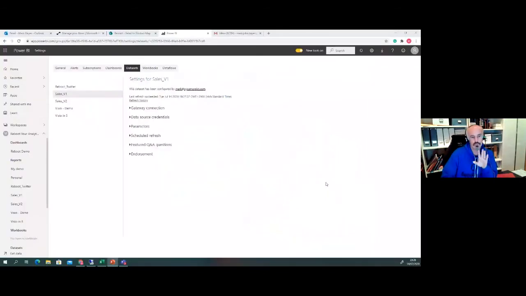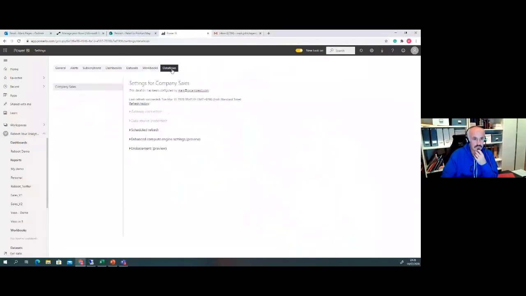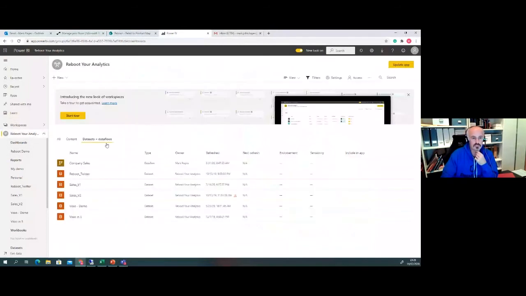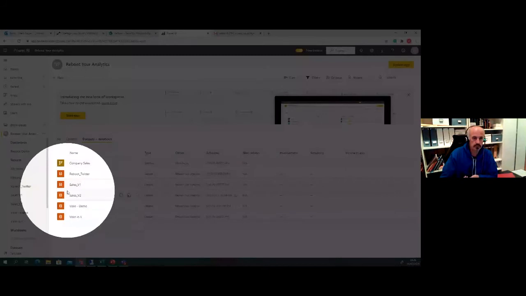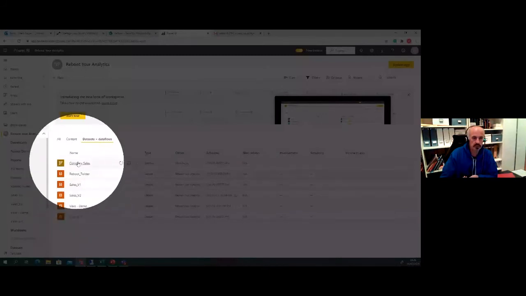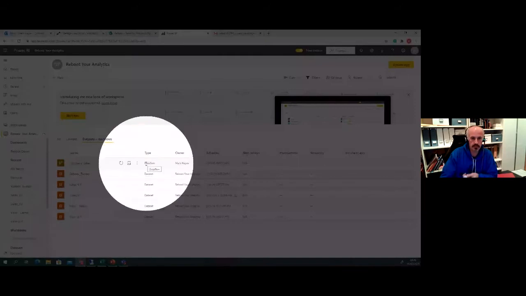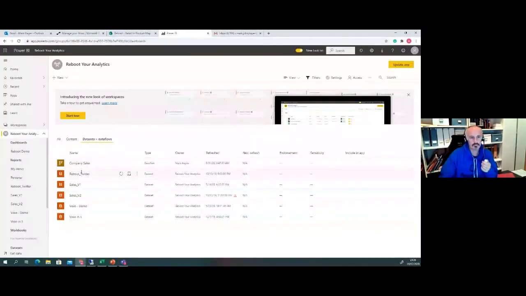I'm going to start with the data flows. If I'm inside my workspace here again, we've seen the sales one, but I'm going to flick onto my workspace, go into data sets and data flows, and inside in here with its lovely new icons, I've got my data models down here. Then with a different icon, I've got something called company sales. And this is my data flow. I can tell by the type, data flow. And if I go clicking on that,